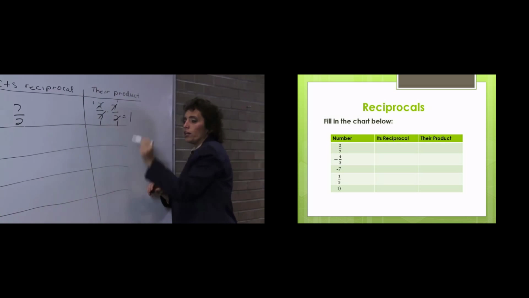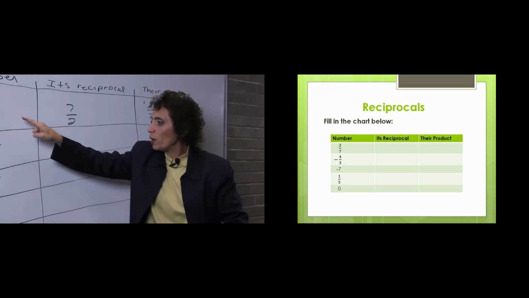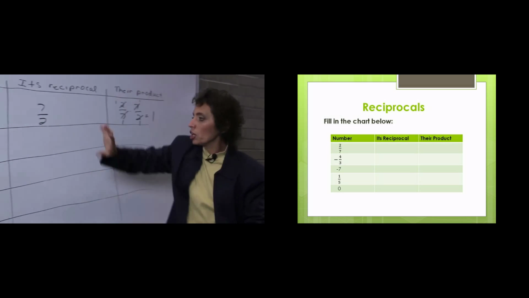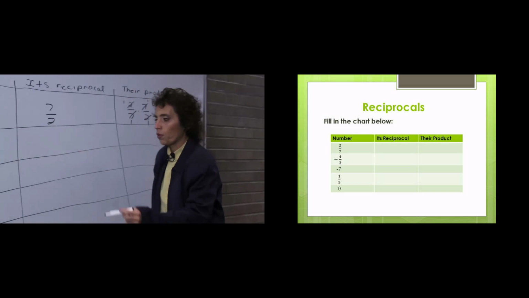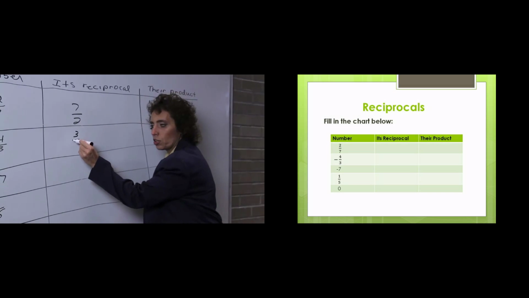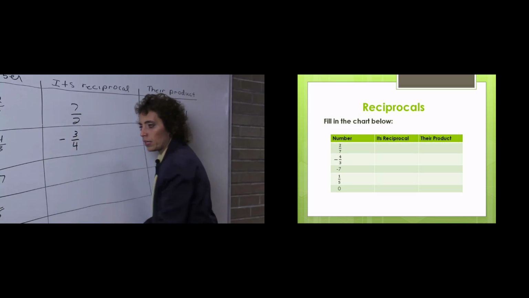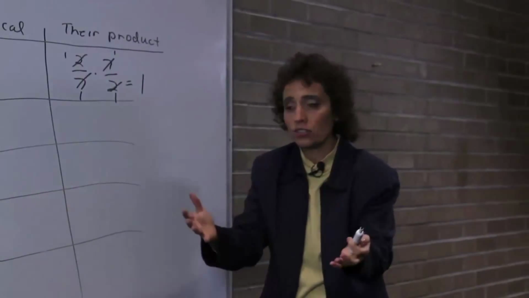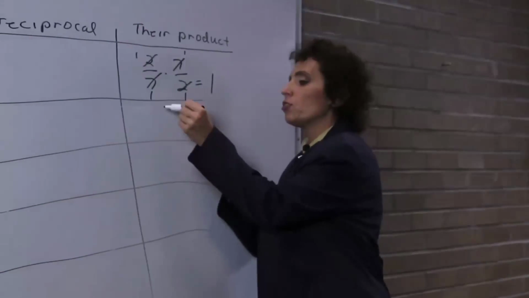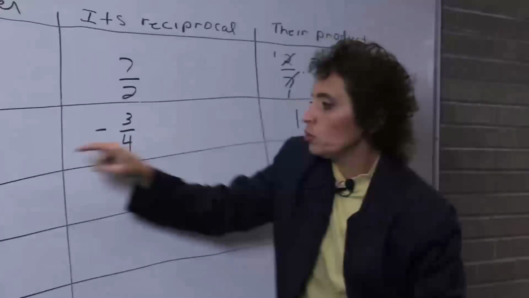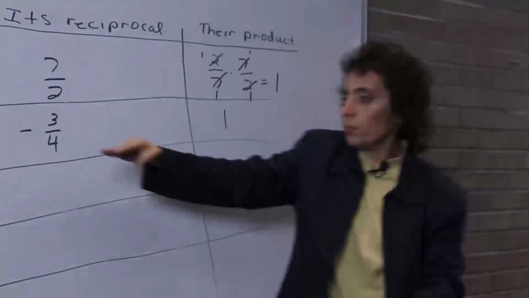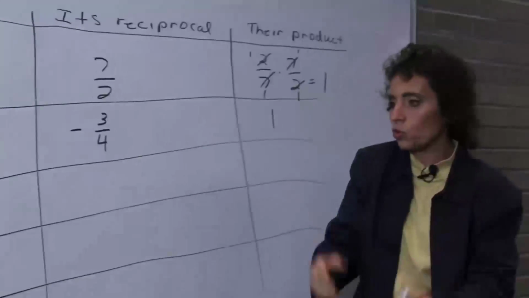So that is 1. So notice, when you get the reciprocal, you actually use the same sign, just interchange the numerator and the denominator. Okay, so let's look at -4/3. All we do is interchange the numerator and denominator and keep the negative sign. Where do I put the negative? Remember, it doesn't matter. And again, their product is 1. A negative times a negative is a positive. The 4s will reduce, the 3s will reduce. Or you can multiply across, 12/12, which is 1.